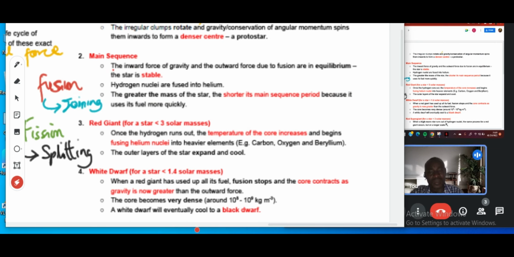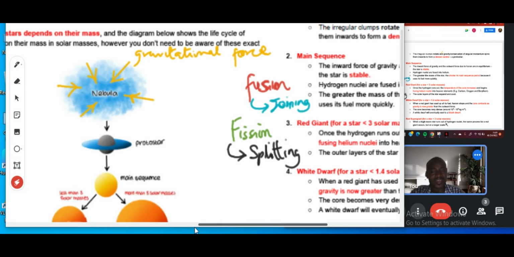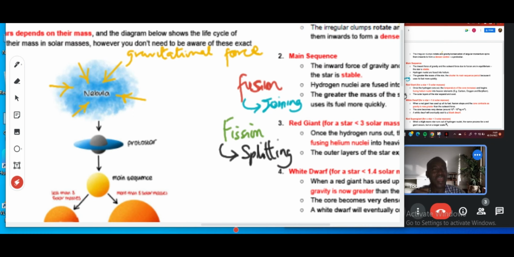You know, I talked about, hold on just a moment, I talked about the inward force of gravity. What direction does the gravitational force act on the nebula? Inward. Now, once that force has generated sufficient pressure and heat, fusion will begin to occur. And fusion also releases energy. Releases what? That energy released during fusion will begin to produce a force too that will push outwards.